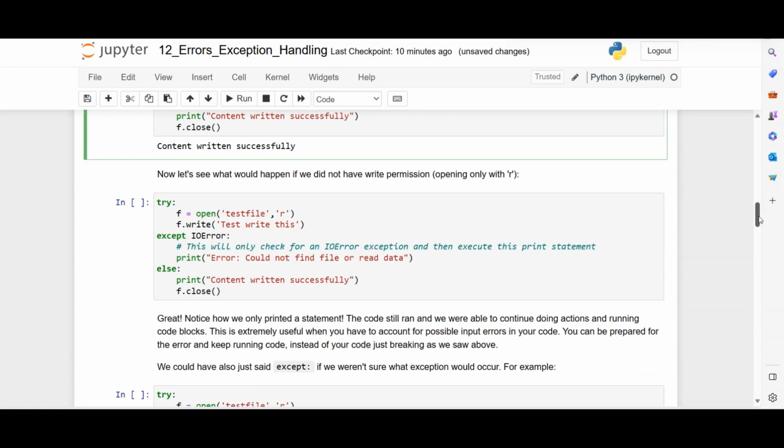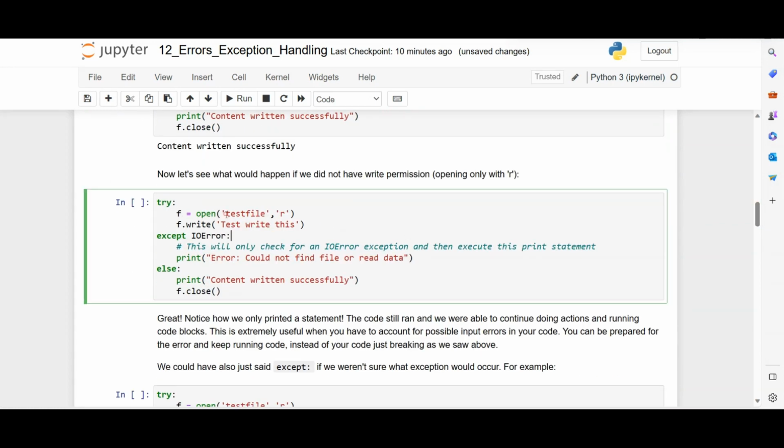So let us take an example of how to generate an exception. Let's say we are opening this file in read mode. That means we do not have write permission. So f is equal to open the file in read mode. W stands for write and R stands for read. So writing the content, and if this exception is generated, we print could not find a file or read, else it says